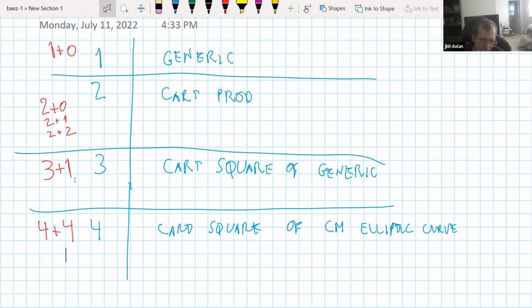Okay, but let me keep going with a vague general question I was trying to aim at here, which is, what am I trying to say? Well, like I said, we have possibly different variations on this game, but we have the vague idea of trying to classify these abelian varieties up to something like how degenerate they are. And that's somehow related perhaps to how symmetric they are, or perhaps how much hidden symmetry they have. I don't know, something like that.